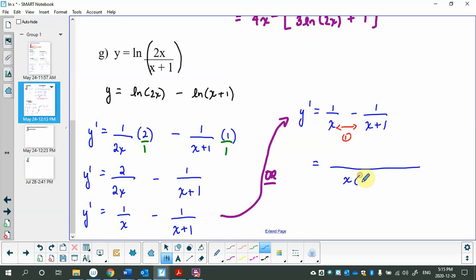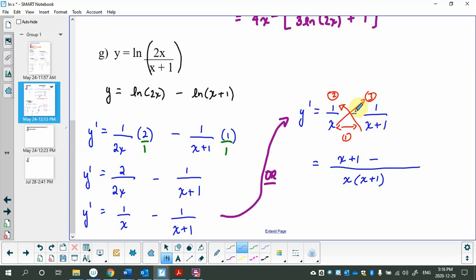Doesn't look like much, but there's your common denominator. 2, must go in that direction, so you must go up to the left. So that's 1 times x plus 1, which is x plus 1, minus 3, must go up to the right,